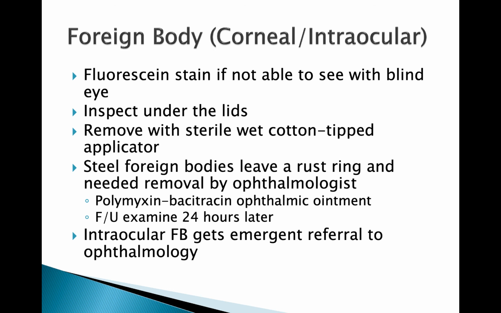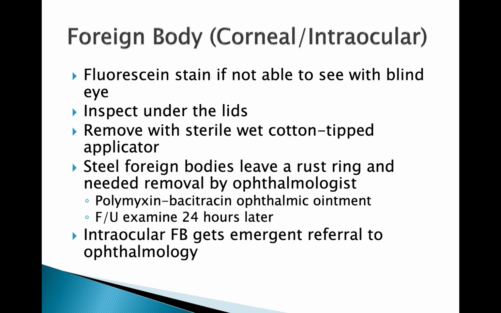So for a foreign body, you do a fluorescein stain if you're not able to see it with the naked eye. Sometimes you can just see a foreign body with the naked eye. If you can't, you definitely want to do a fluorescein stain and make sure you inspect the lids. One way to get a foreign body off is you just remove it with a sterile wet cotton tip. So just take a sterile cotton swab, wet it with sterile water,